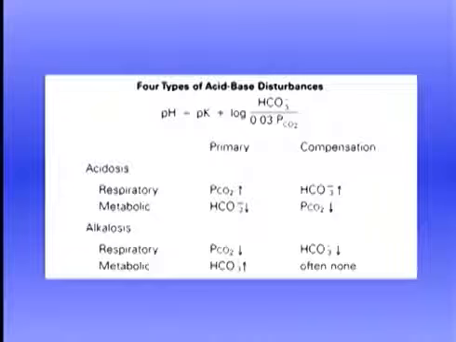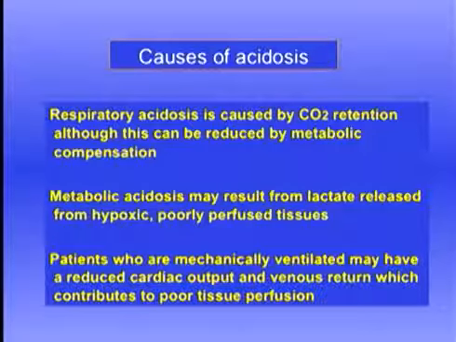Now, what about pH? That's the third variable we look at when we see the arterial blood gases in a patient with respiratory failure. This is simply to remind us, which we should have at the back of our mind, of the Henderson-Hasselbalch equation shown here, and the fact that there are four basic acid-base disturbances. You can have respiratory or metabolic acidosis or alkalosis. Patients with respiratory failure frequently are acidotic. One of the reasons is that there is often CO2 retention, for example, in the patient with COPD,